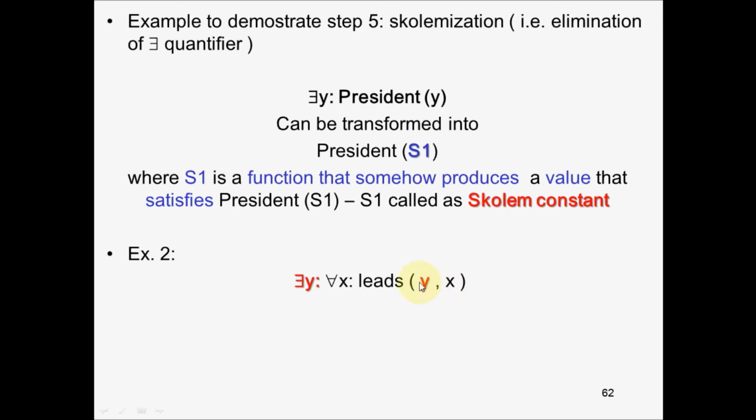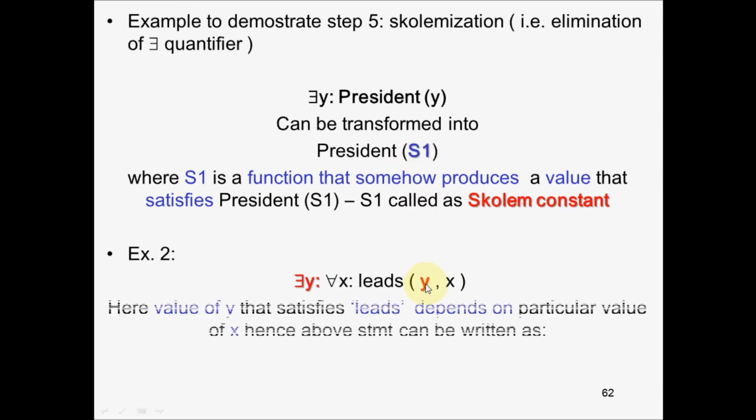Now tell me something, is the value of y dependent on x? Yes. Why? Because a T mechanical student cannot become CR of your class, or a B comp student cannot become CR of the class. So the value of y should be one of the students from your own class. So y should be a function of x. He should be a member of your class only, one of you, right? So since y is dependent on x, you cannot simply replace y with a constant, which I did here, because y is not independent. In such cases, what we do,